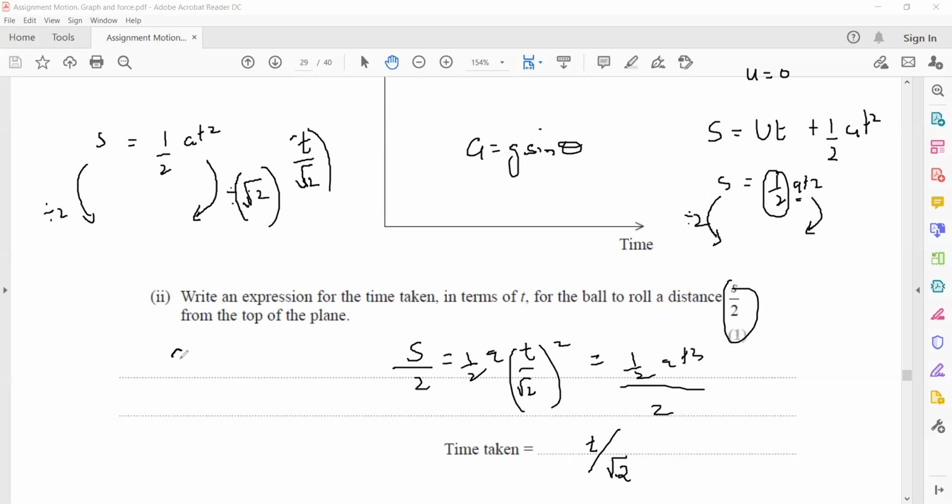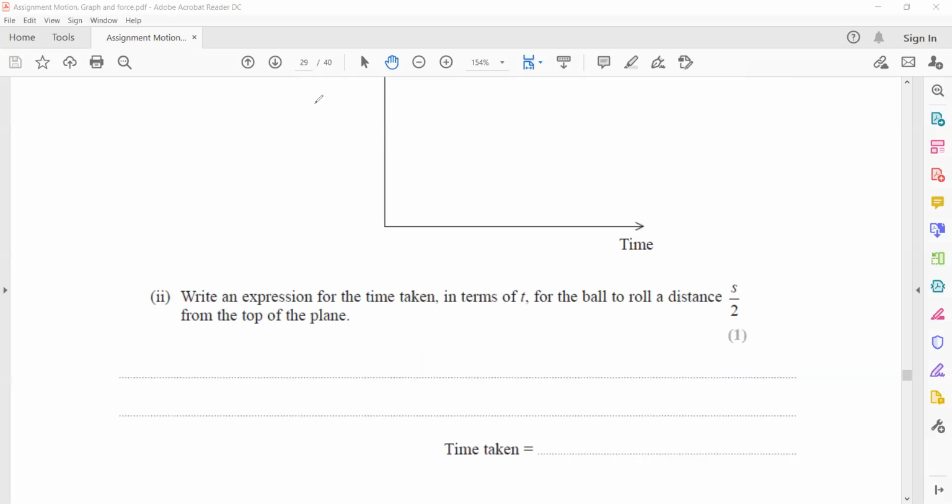Because what we want, we have this formula s equals ut plus half at square, u is 0, so it will become half at square. I want this distance to be half, so what should happen to the time when the distance is half? If I say this time should be divided by 2, if the time is divided by 2, the distance will not be half, the distance will be